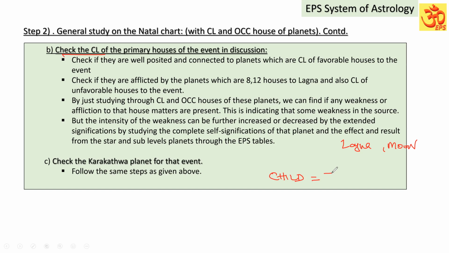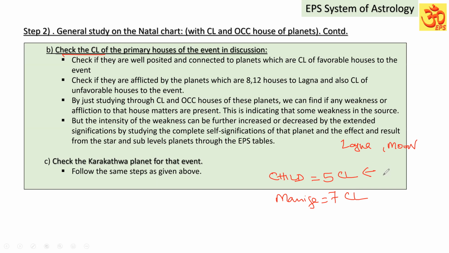The primary house is the 5th house. Suppose it is marriage, the primary house is the 7th house. If it is profession, the 10th house. So what is the 5th lord, where is it posted? The 7th lord, where is it posted? Whether the 5th lord and 7th lord are getting support from the other favorable planets, by the cuspal lord planet, the cuspal lord of, say, the 2nd house. Because for the progeny prospect, the 2nd house,